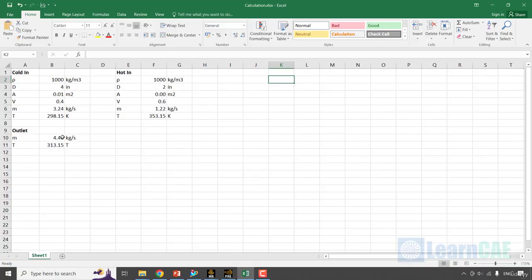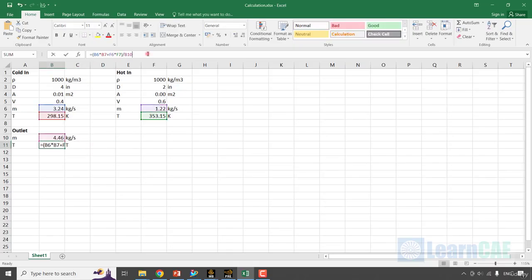We have calculated mass flow for the cold inlet as well as hot inlet. The density, diameter, cross section area, velocity are given here. Mass flow rate is calculated. The inlet temperature for the cold inlet is 25 degrees Celsius and for the hot inlet it is 80 degrees Celsius. Finally, the mass flow rate at the outlet will be sum of these two inlets, and the final temperature